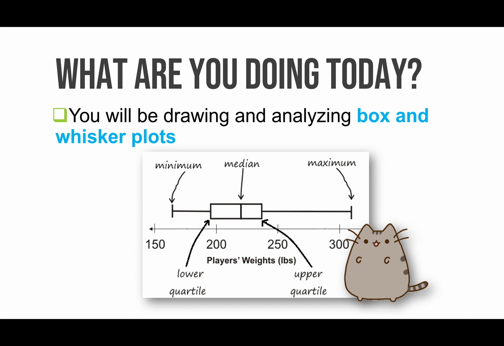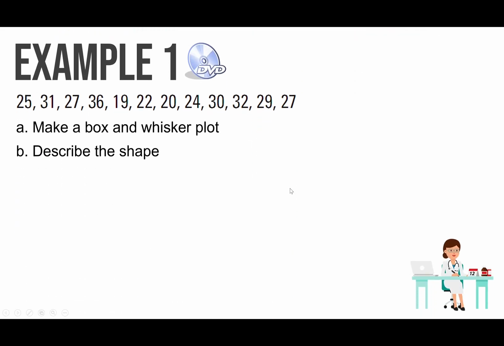So far, I already taught you guys how to draw dot plots, bar graphs, stem and leaf plots, and also histograms. So box and whisker plots is another way to represent data. Okay, so it's very easy. Literally, to make a box and whisker plot, you're going to draw a box and then a couple of whiskers